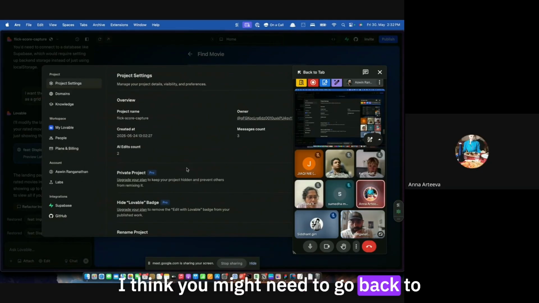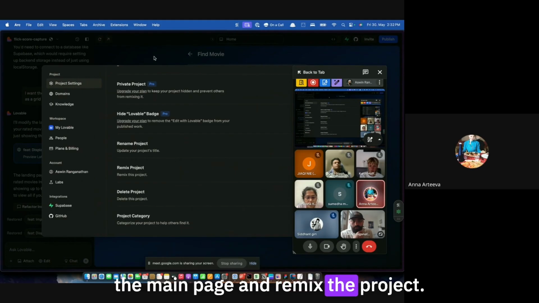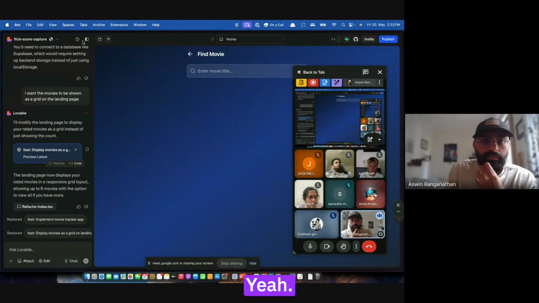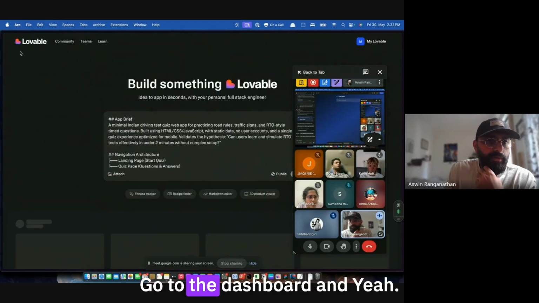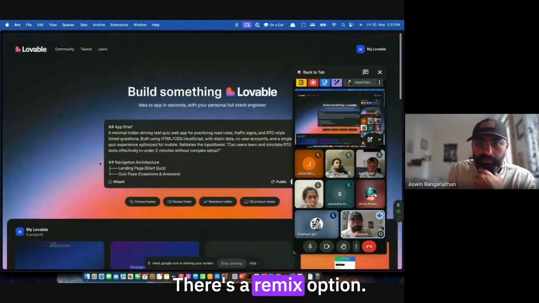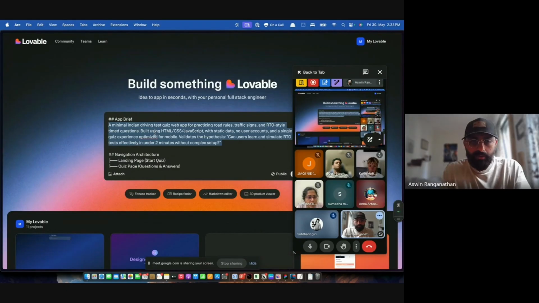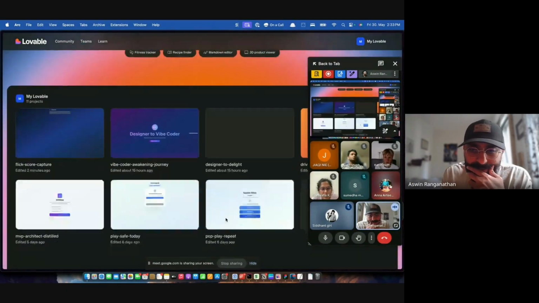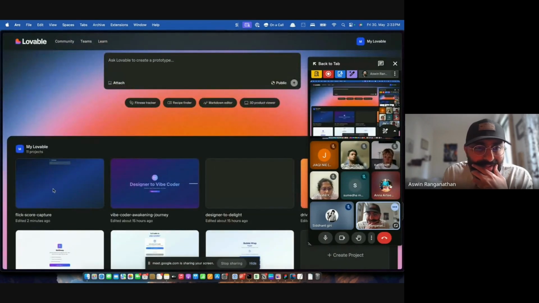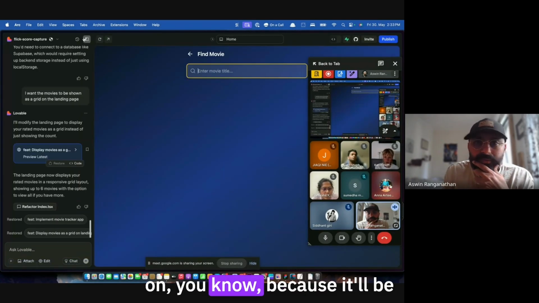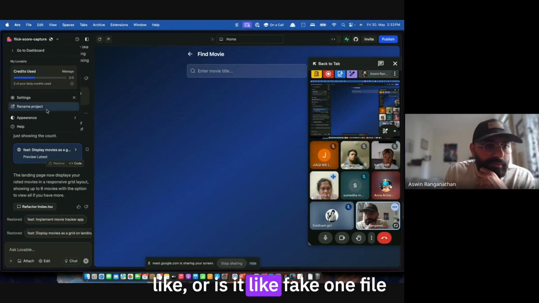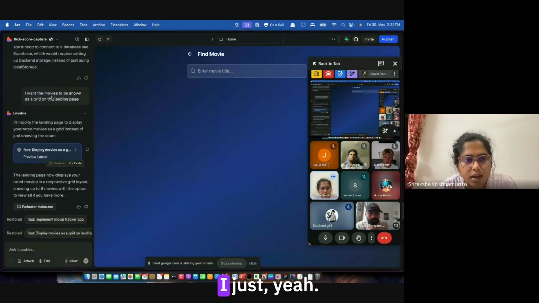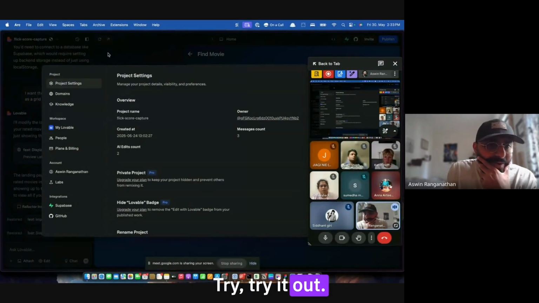I think you might need to go back to the main page and remix the project. So go to the dashboard, yeah? And go to dashboard, and there's the remix option. I don't see it. Well, maybe it's inside here only, no? Is it like a Figma file where you just... I'll try it out. Try it out. If not, like